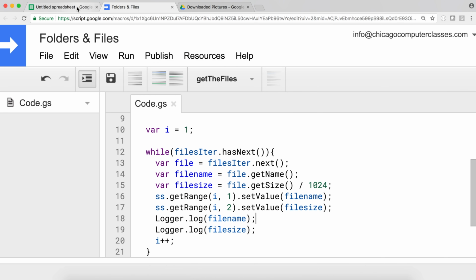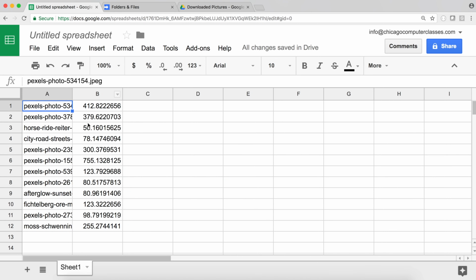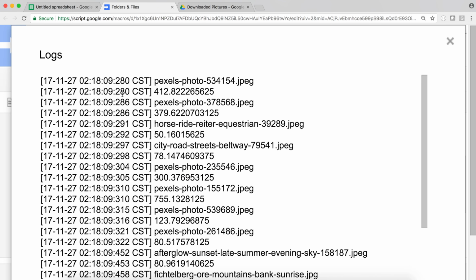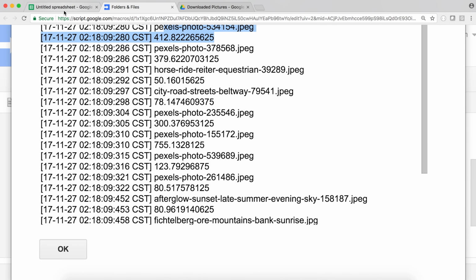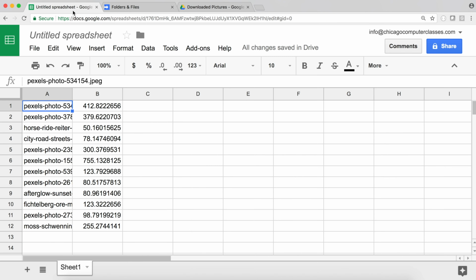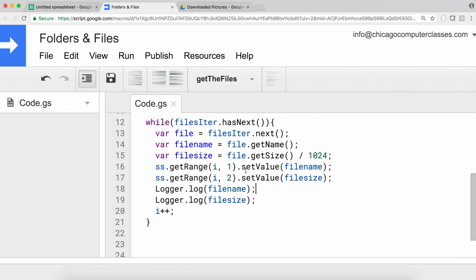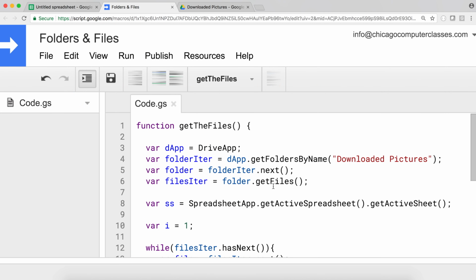It ran. Now going back, here we go. So we started with the first one at 412, just to give you this list, right? This is the first one, the second one. So we ended up basically just putting a list of all the files from that particular folder and the size in kilobytes. Now, what I'm gonna do as a next step, I'm going to get access to my other folders